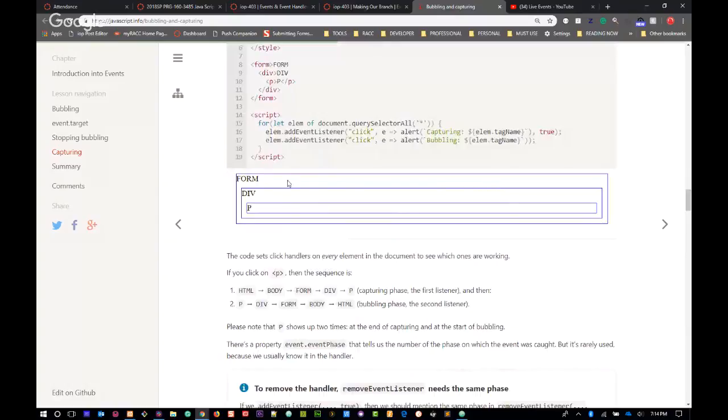So at this point, form, so it's capturing HTML, capturing body, capturing form, bubbling form. Sorry, we clicked on the form. Bubbling body, bubbling HTML. P,